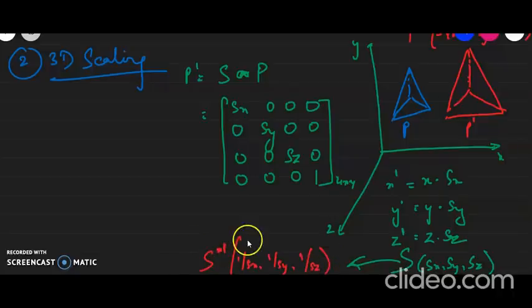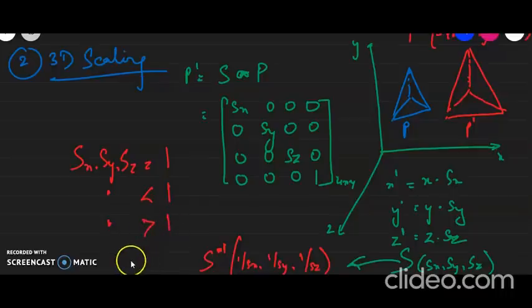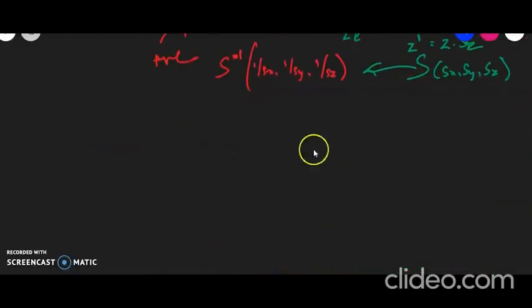The rest of the rules remain similar to your 2D scaling. The scaling factors sx, sy, and sz will allow any value equal to 1, any value less than 1, any value greater than 1, but the values have to be positive, right? And a 0 is not acceptable, right? So these are the conditions for your scaling, similar to your two-dimensional scaling. The size of your matrix changes, right? Next, we move on to